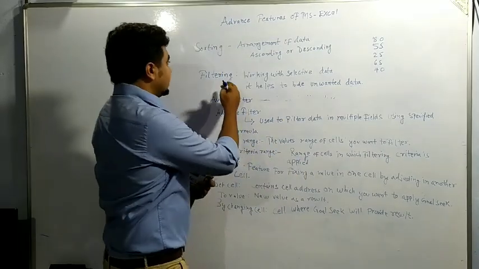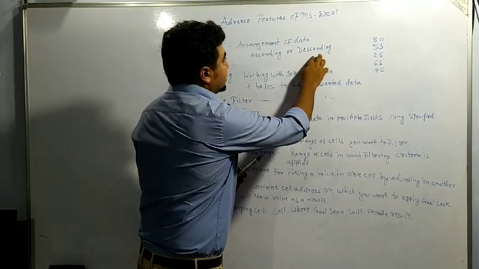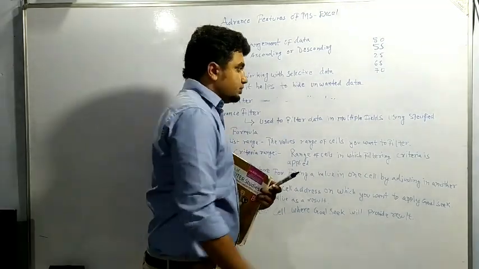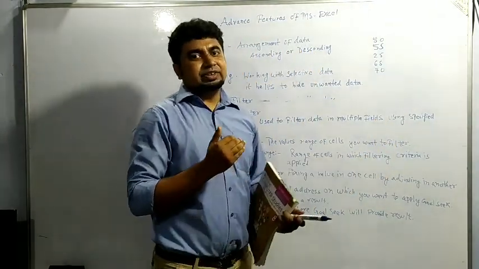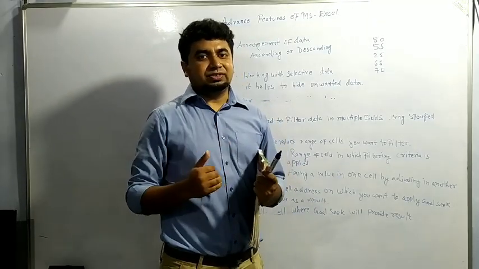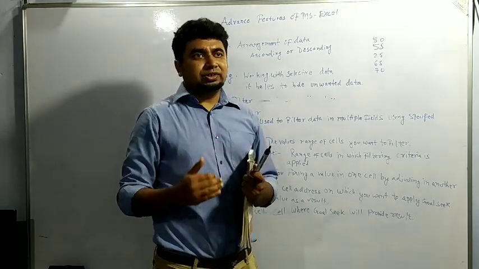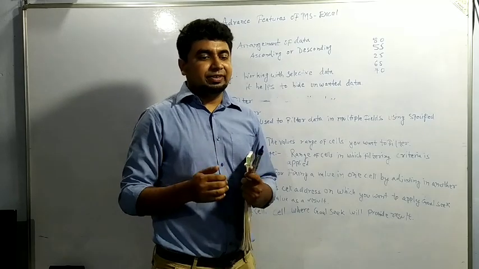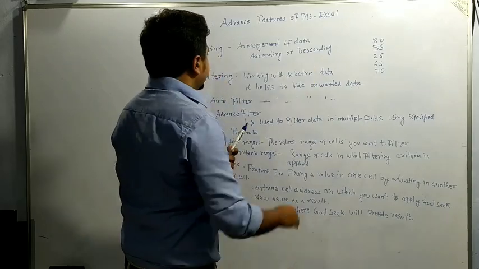So that is one feature: sorting. Sorting is the arrangement of data in either ascending form or descending form. Here we are able to recognize because only 5 data are given. Suppose we are given 1000 or 10,000 data, and we have to recognize who has got the highest, second highest, third highest, or 10th highest marks. That becomes difficult. For that case, we arrange the data in either ascending or descending way. That is known as sorting.